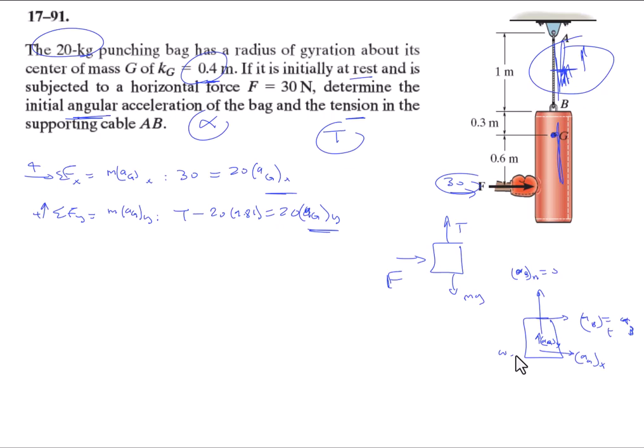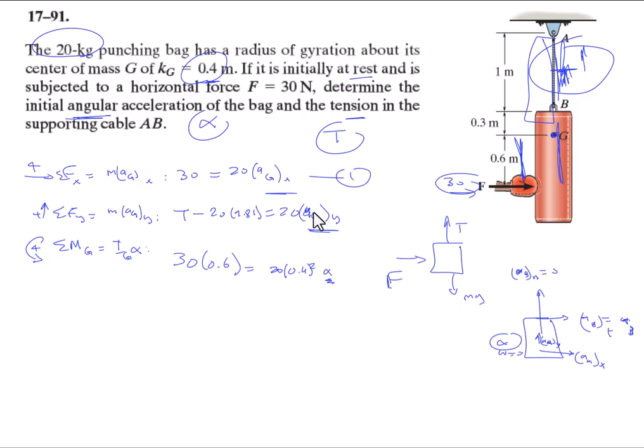And we know initially it was 0, but we have an alpha that we have to calculate, initial alpha. If you sum the moments, let's say counterclockwise is positive, so the moments about G are equal to the mass moment of inertia times alpha. So you have 30 times 0.6 is equal to 20 times 0.4, the distance between this and the center of rotation, squared, times alpha. So we have more unknowns here, but we know from equation 1,